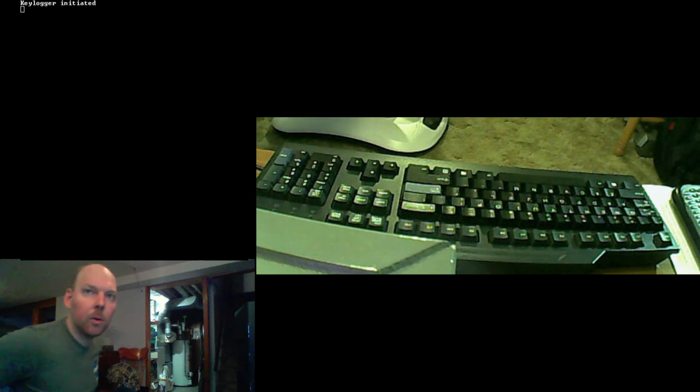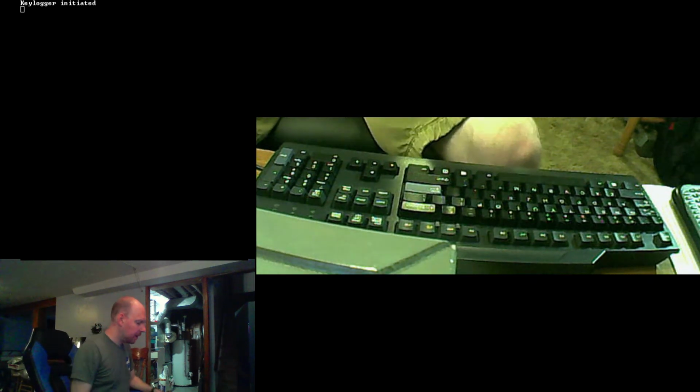Alright, welcome to the demo of our Keylogger project. So the Keylogger is hooked up into the Nexus video board. Our Nexus video board programs directly from an SD card. So if I go ahead and remove the USB cords,